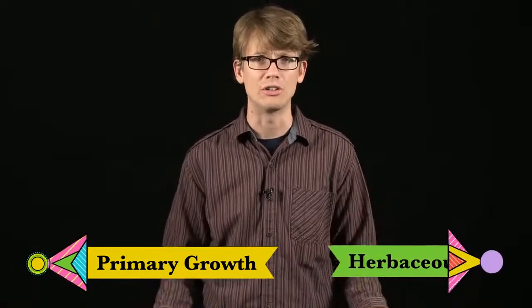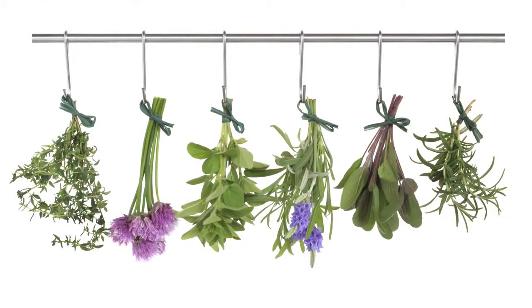Now, some plants never go beyond these basics. They sprout from a germinated seed, develop these tissues, and then stop. This is called primary growth, and plants that are limited to this stage are herbaceous. As the name says, they are like herbs, small, soft, and flexible, and typically they die down to the root or die completely after one growing season. Pretty much everything you see growing in a backyard garden, herbs and flowers and broccoli and that kind of stuff,